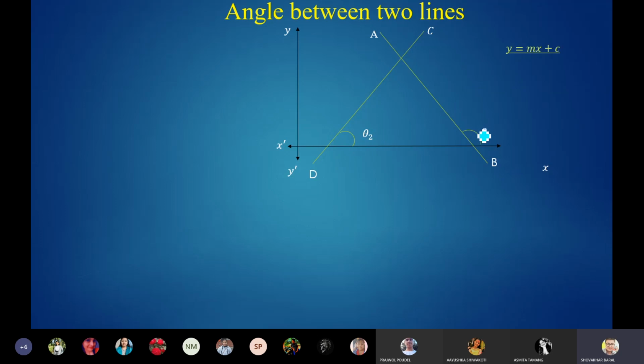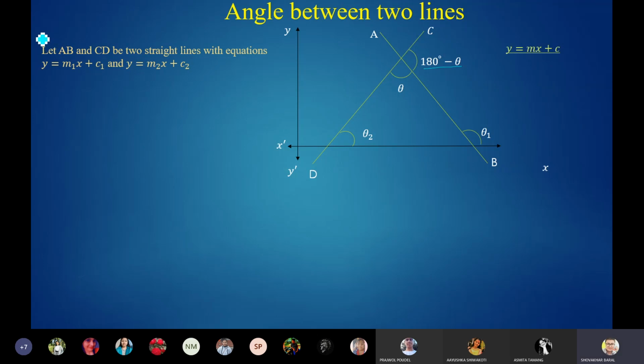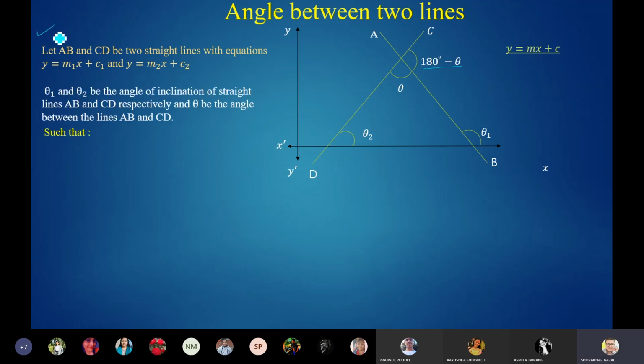Just try to remember this position of theta 1 and theta 2, because this theta plus theta 2 will be theta 1 and it will be easier for you to derive it. So this is the angle between these two lines, and if you go for the other angle, then it is 180 minus theta. So these things we discussed yesterday. Let me display the whole solution.